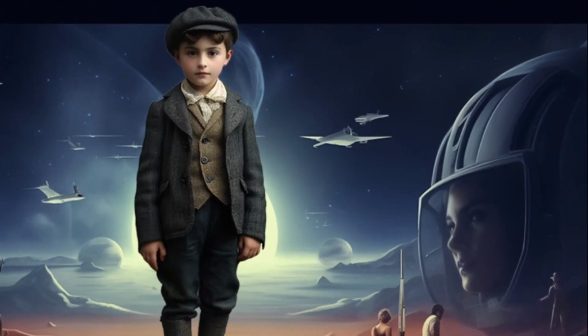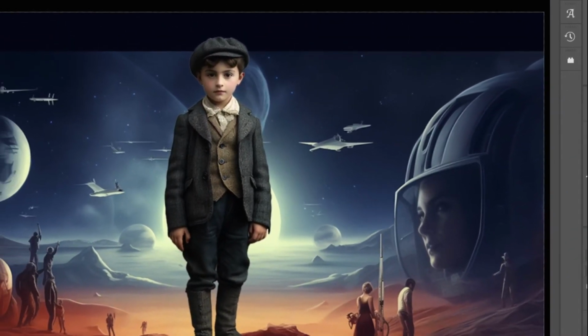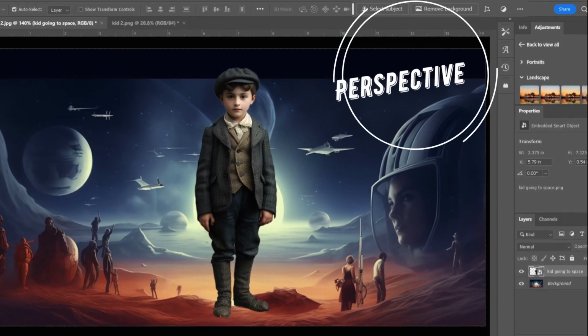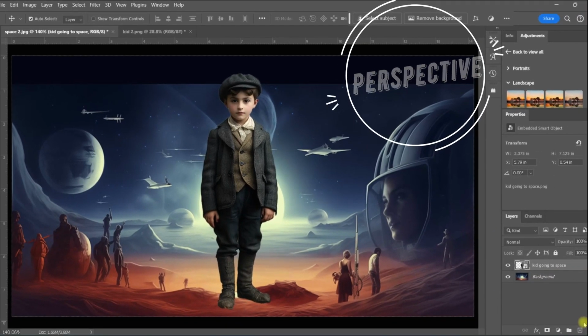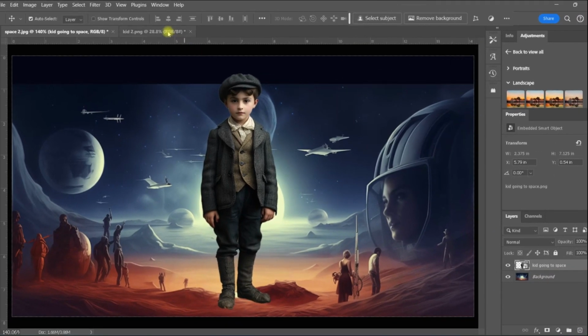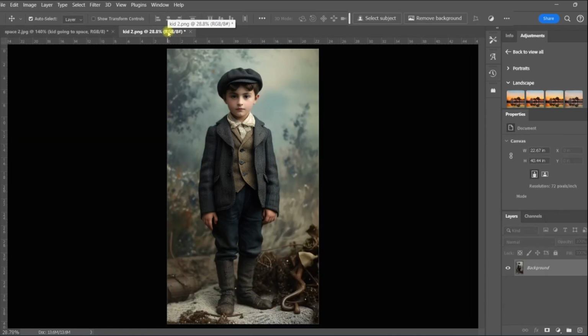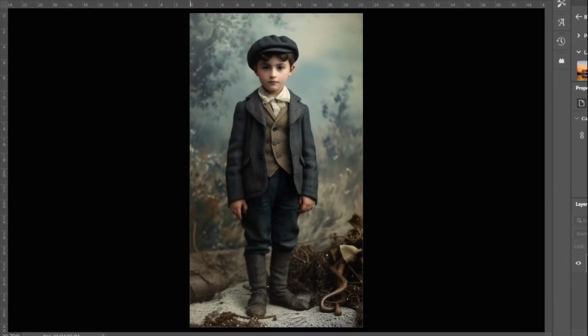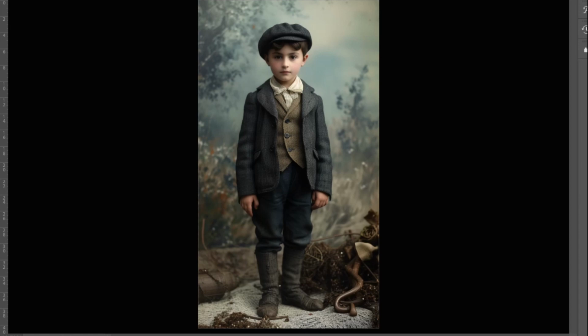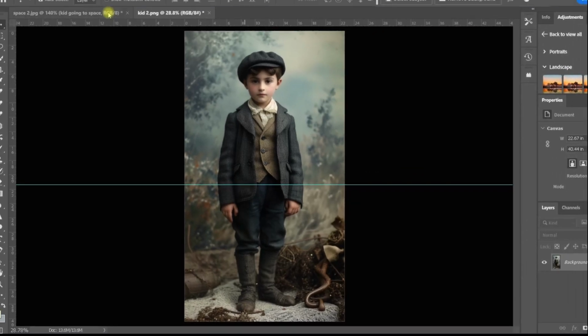There are certain things that you just have to get right when you're working with composites, and one of the most important things is perspective. I need to make sure that the perspective of this little boy matches that of the scene. So if I go back to the original picture, I can kind of tell just by looking at the picture that it was taken from maybe about waist height. So I'm just going to put a little line there to indicate that that's where the horizon line would be